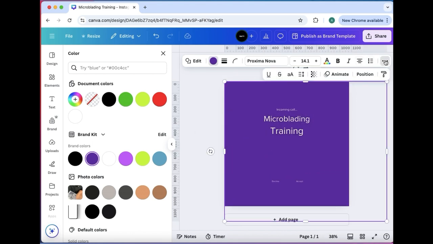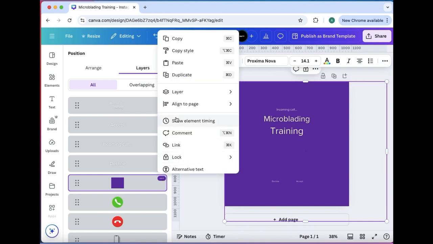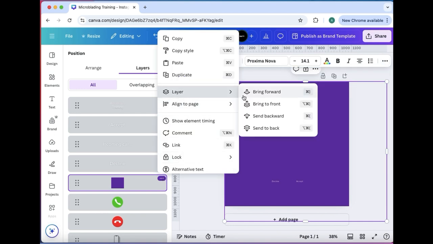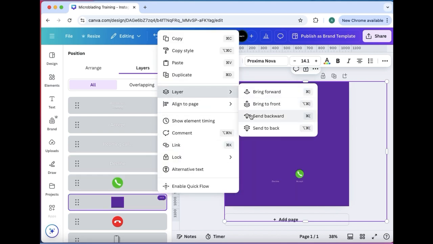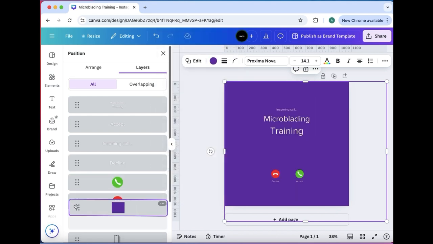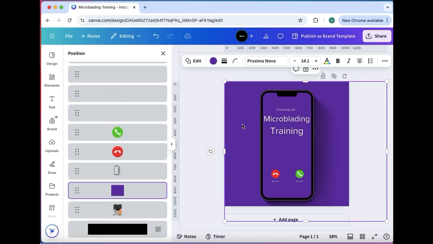I'm using purple right now, but you can use whatever color you want. And then we of course want to go play around with the layers. So we're going to go to position, and then we want to send it back just enough so that the phone and all the other little phone bits are in front of the purple, but it's still in front of the background. So you're going to click layer, send backward, or you can just drag it nicely, and that works